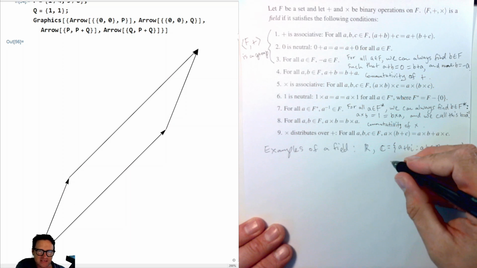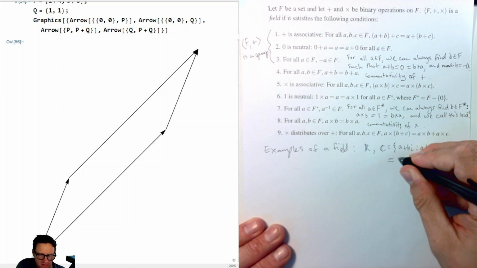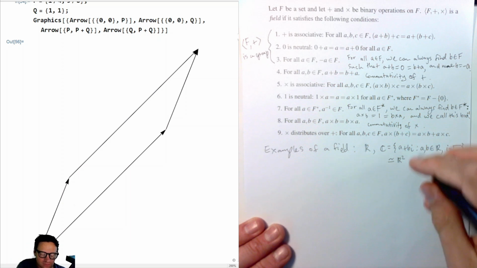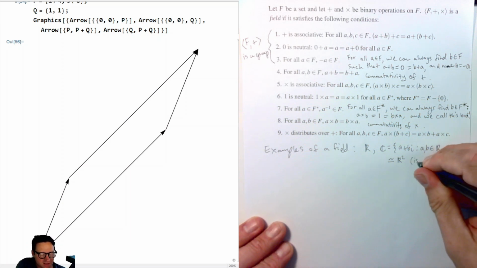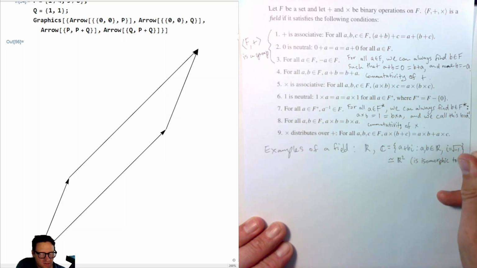So this, as a field, is isomorphic, meaning has the same algebraic structure as R2, so is isomorphic to 2 space over real numbers,